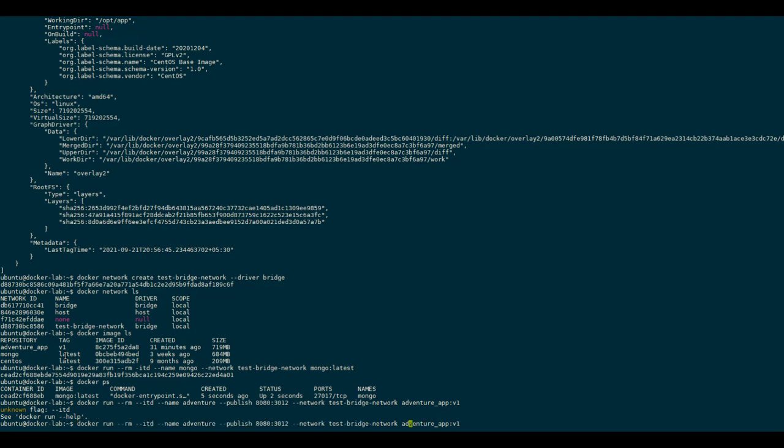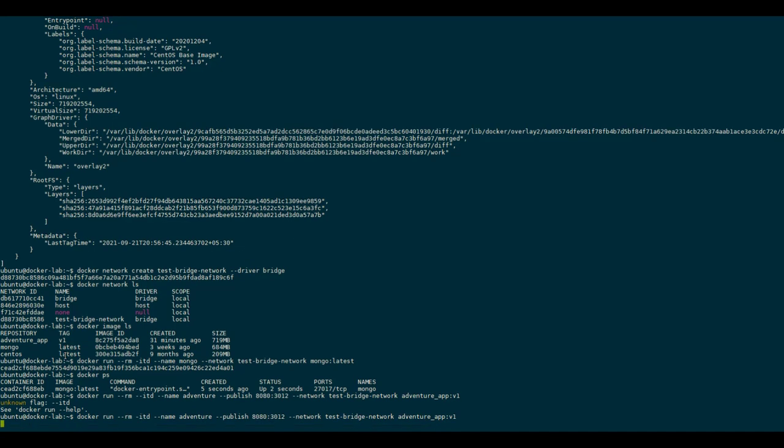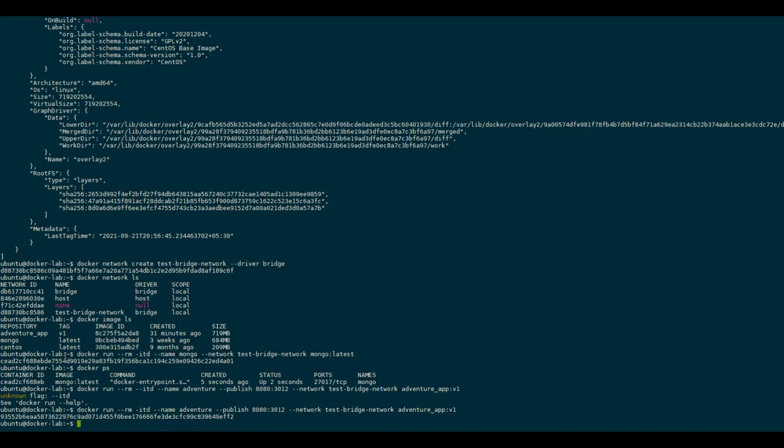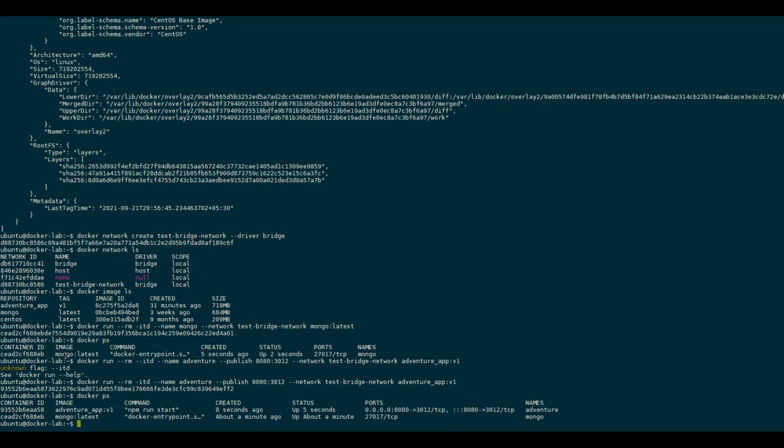Sorry, we need to remove one dash here. Okay. So now if we check, there are two containers up and running.